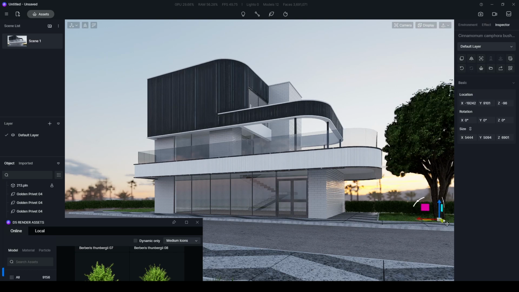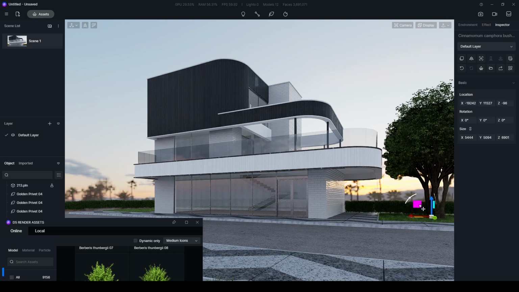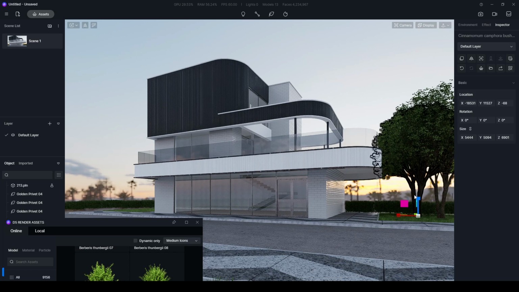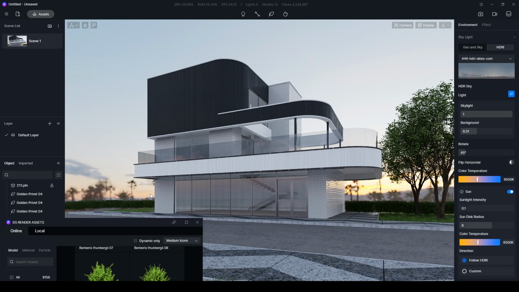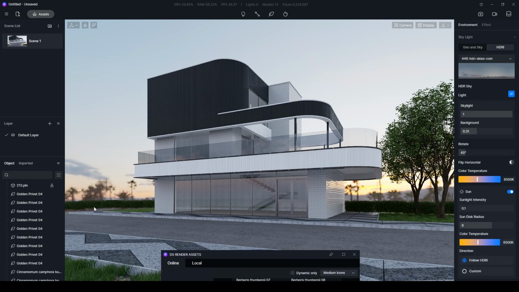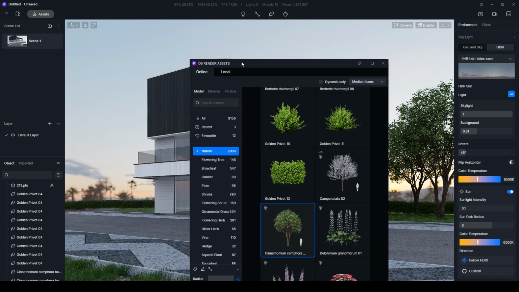Let's add once more. Copy. Scale it down. And maybe rotate. There we go. We can place some trees also here.